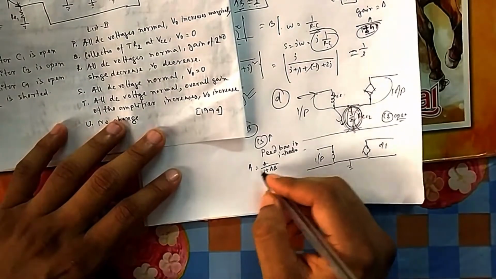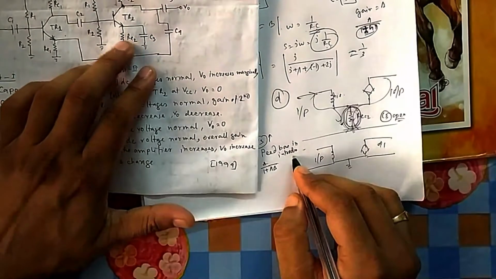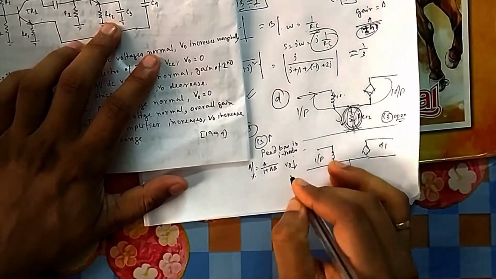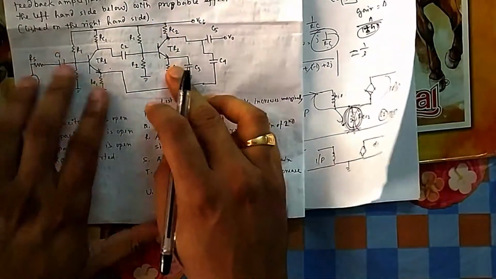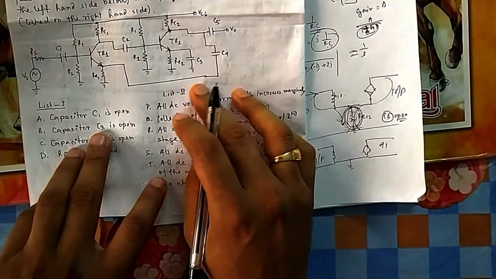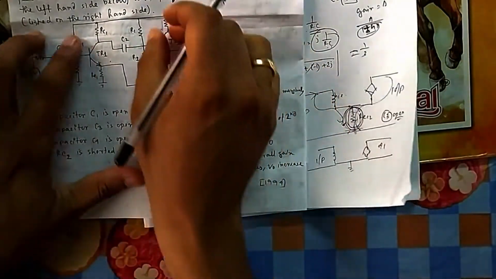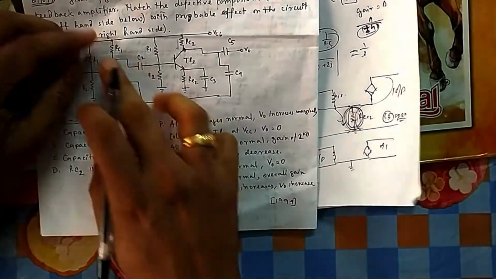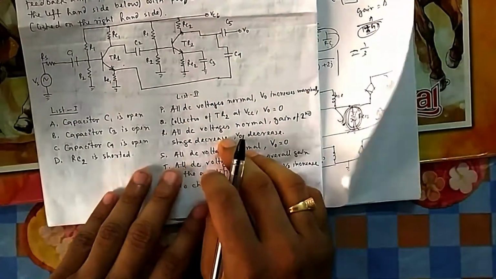Once your gain gets reduced, A will get reduced because you have introduced a feedback. If you remove this one, this will act like a feedback. So your gain is reduced, which means output will decrease. And DC voltage will be intact, all DC voltage, because that is not related to your C3. For DC analysis, already these capacitors are open, and separately this and this in transistors are also separated because this is also open. This is biased. DC is just to make it on. So that is okay. So what will be your